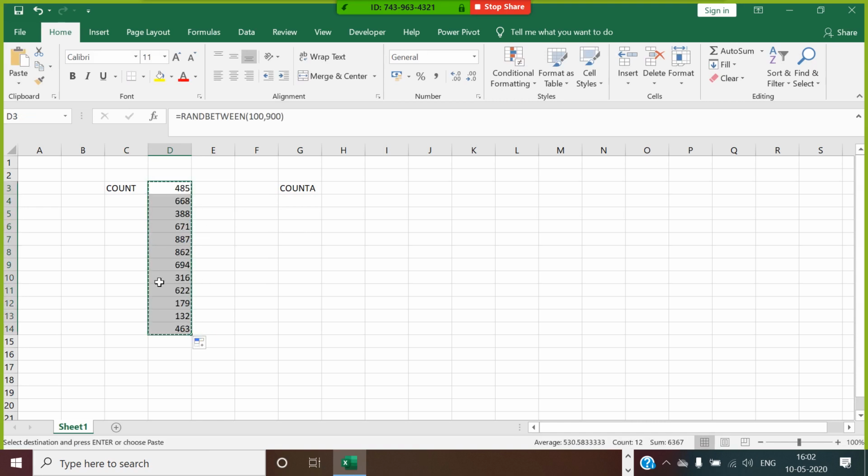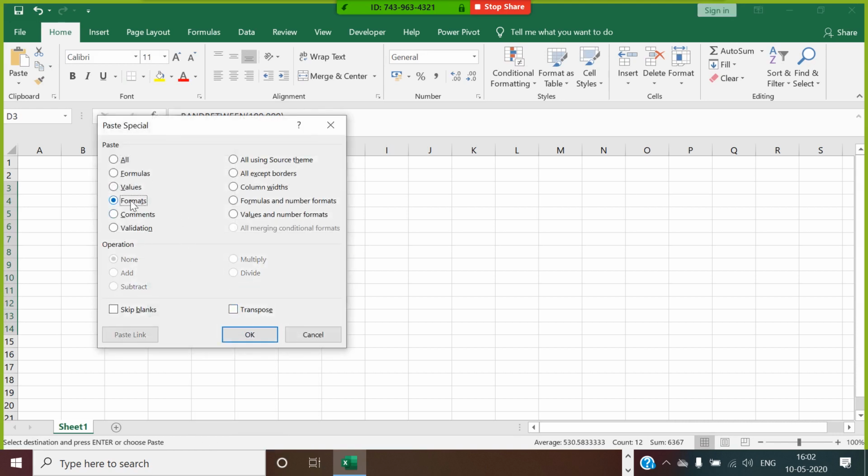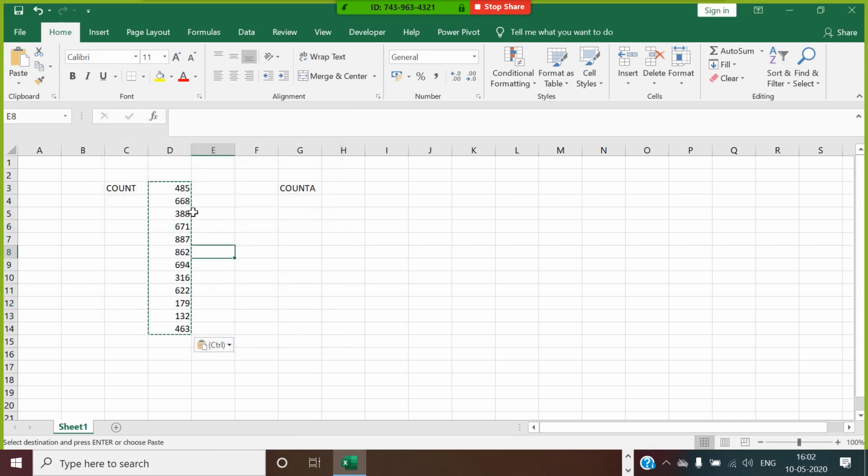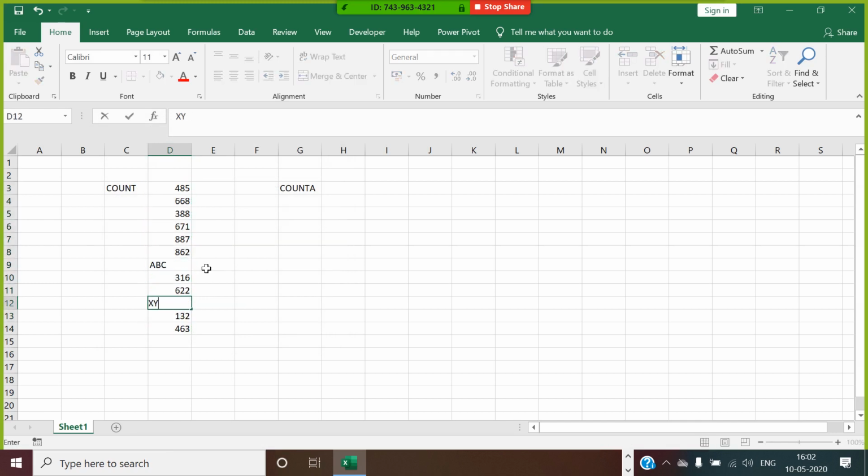I given these values, special values here. Now in this it is written ABC, it is written X, Y and Z. So there are two texts which are given inside the data.